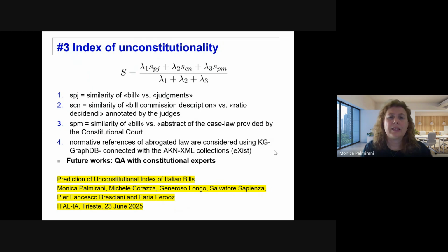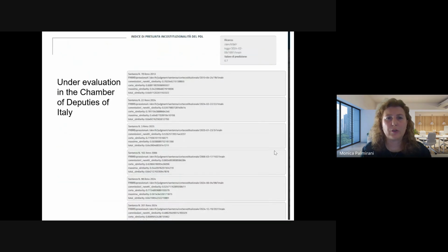And clicking on a bill, we calculate the tentative index of unconstitutionality, but not limited to the index. We return all the list of the case law of the Constitutional Court linked with the bill and the index of similarity with the bill. So in such an interface, at the end, when we finish, we transform the mathematical index into very nice